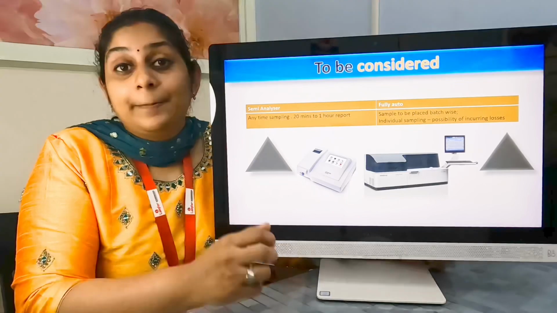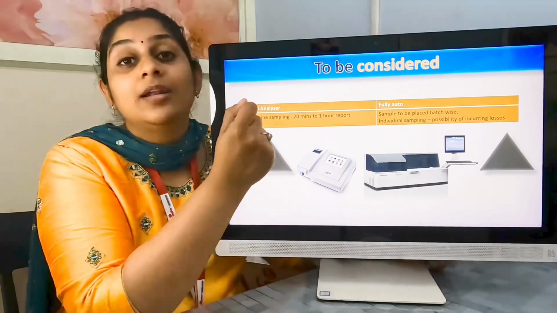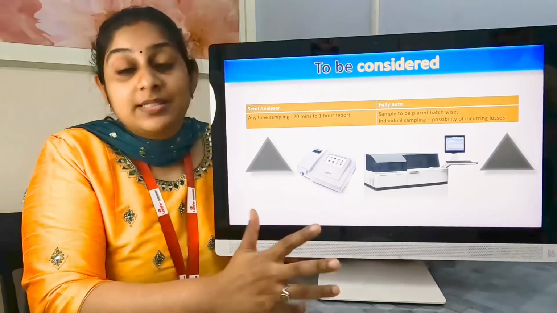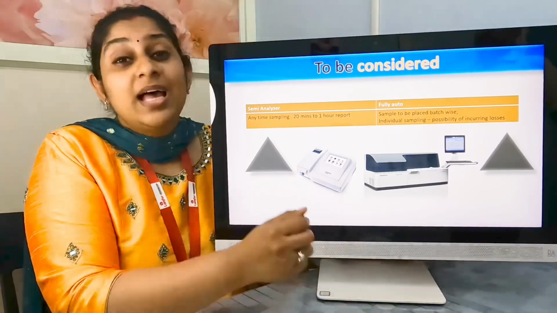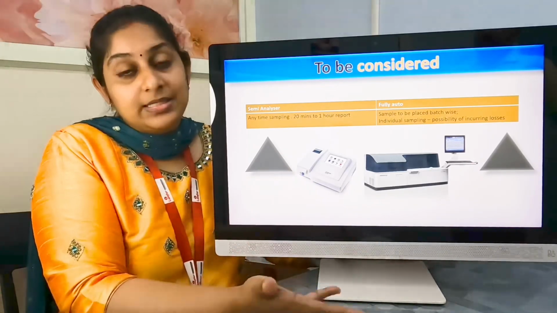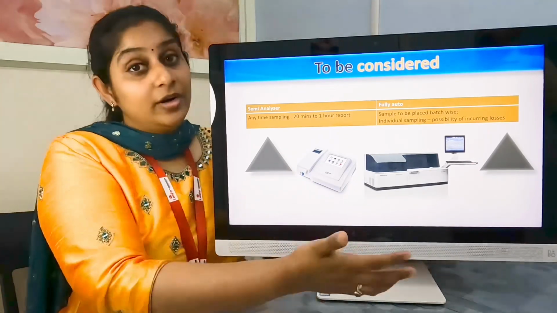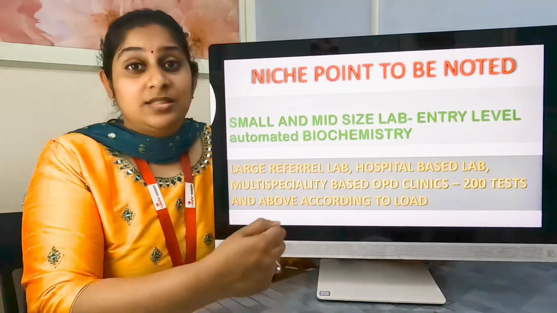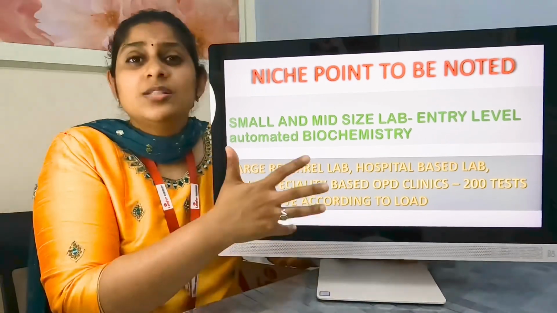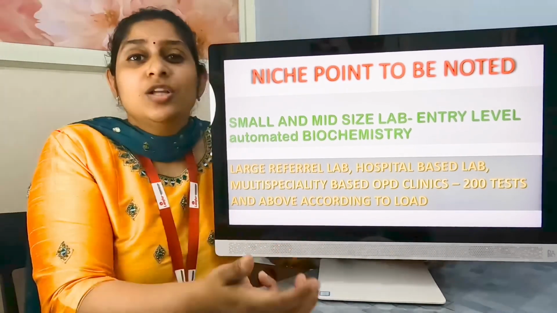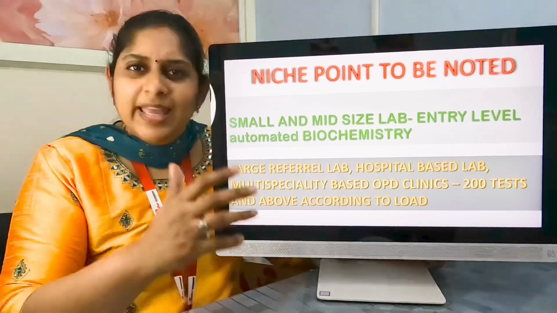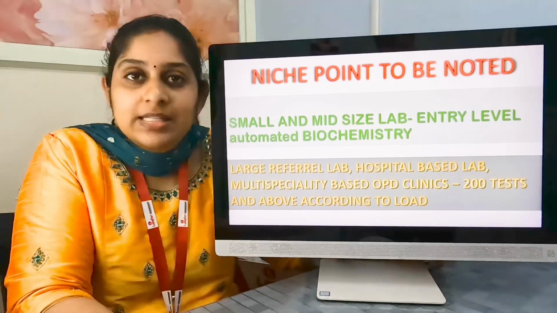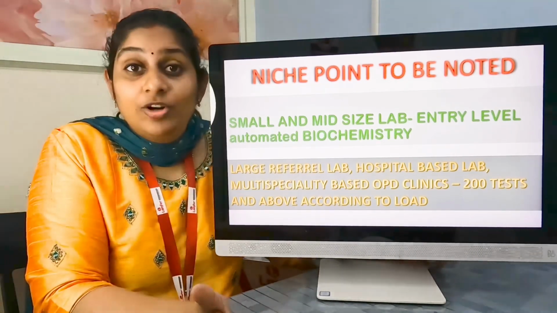But all these 20 samples or 10 samples together can be run in an automated machine. These can all be completed in a very precise way, and the report can be sent within 1 hour to all the 10 patients. This is the most important difference you will see while choosing between a semi-automated or an automated analyzer. Here, if you see, there are many errors, and the time consumed for doing each test is huge for a semi-automated analyzer. So how am I going to choose which is best for me? Even if you are running a small laboratory in which you get 15 samples per day, you can go in for an automated machine.